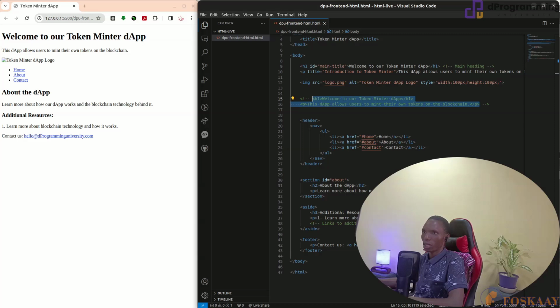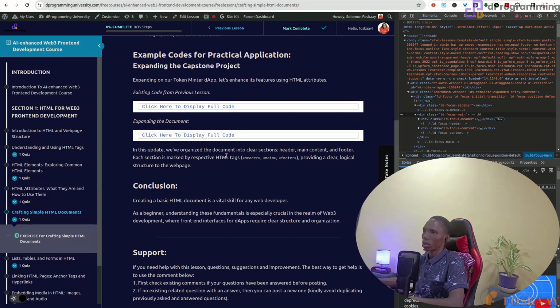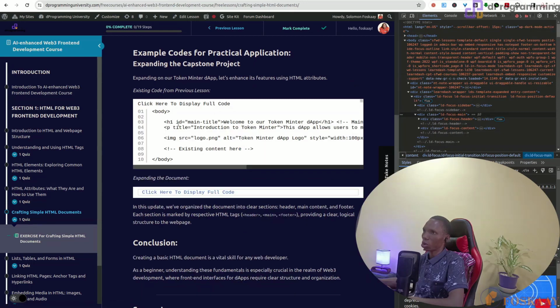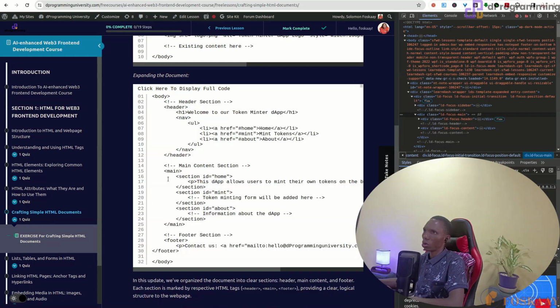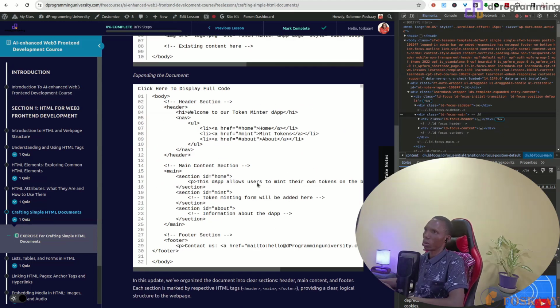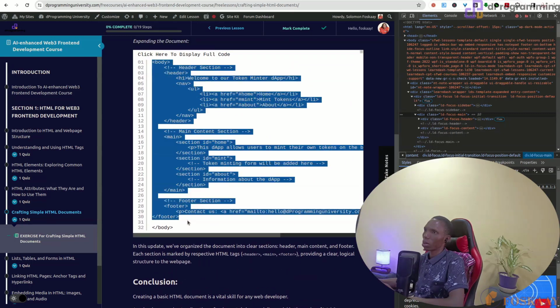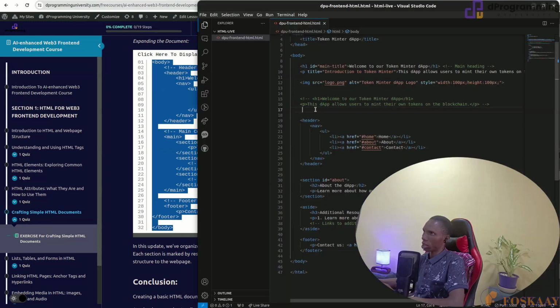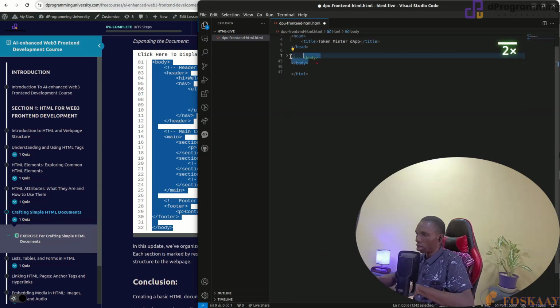So then we have the head section, and then we have the example code as usual. This comes from the previous lesson, and now we have the new expanded document. With this update, we have organized the document into clearer sections: header, main content, footer. You understand? So if I get this up now, the body, you can always try to fix them. For example, if I comment this out,